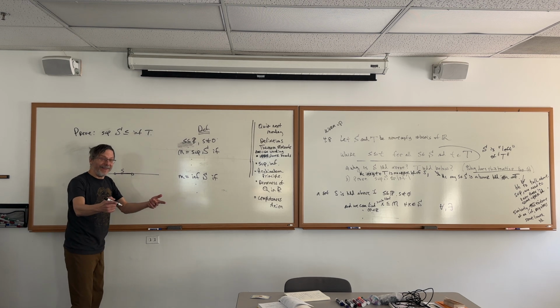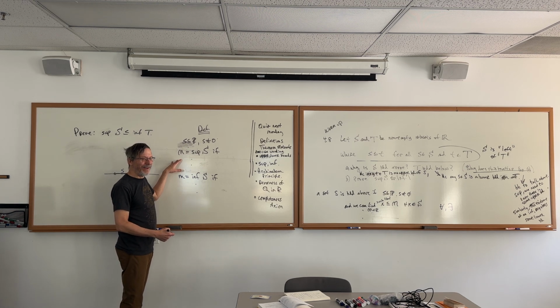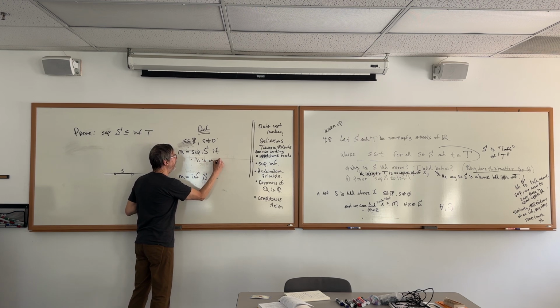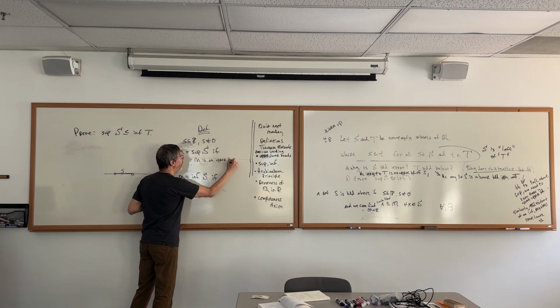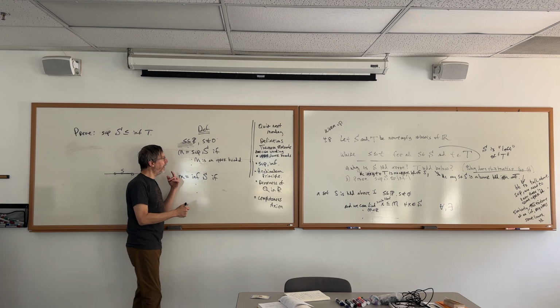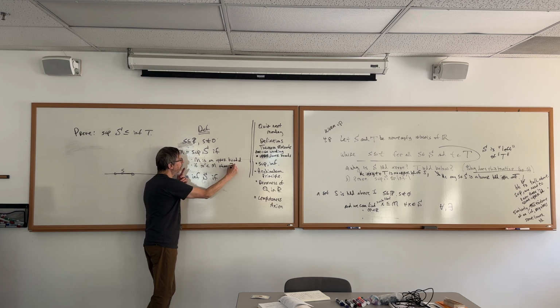So, C's. What are the two conditions? If M is an upper bound, okay, so M is an upper bound, which automatically tells us that the set S is bounded above. So we're good to go. Yes, and then what else? And if M prime is less than M, then there exists an x in S such that M prime is less than x. Yeah.